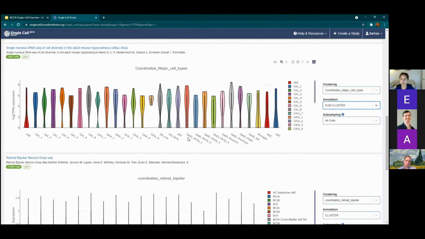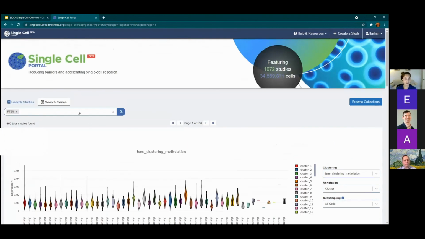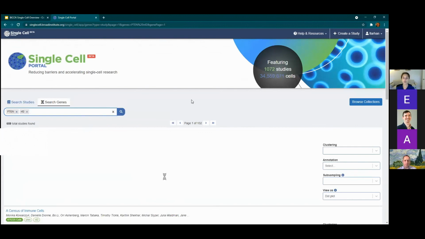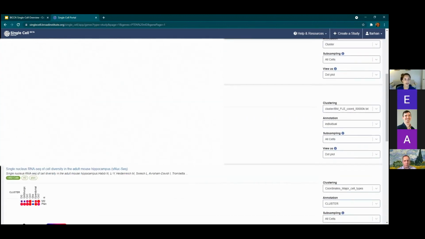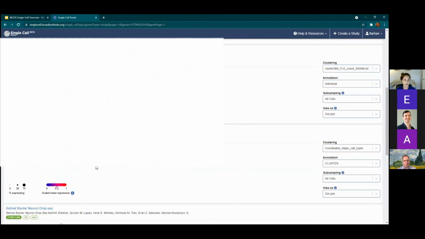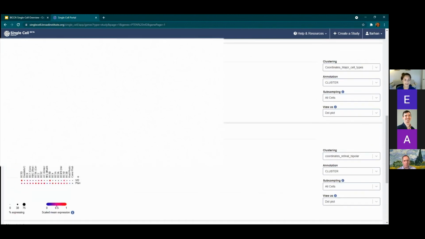This helps you to just quickly eyeball which studies prominently feature a given gene. You can also, as I mentioned, search for multiple genes at once. And when you do that, you will get a slightly different summary. So let's go back down to this